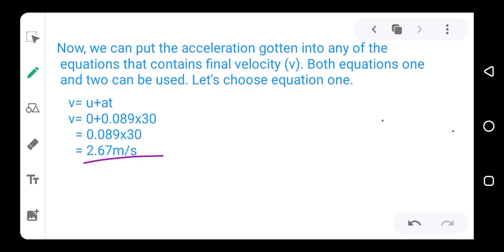Now, v equal to u plus at. u is equal to initial velocity, which is 0, plus a, which is 0.089, times time, which is 30. If you solve this, we get 2.67 meters per second. That is the answer. Now let's try using the second equation to solve it, which is